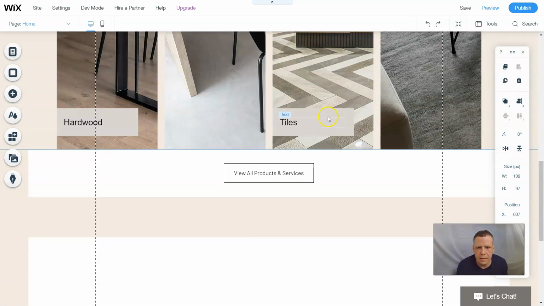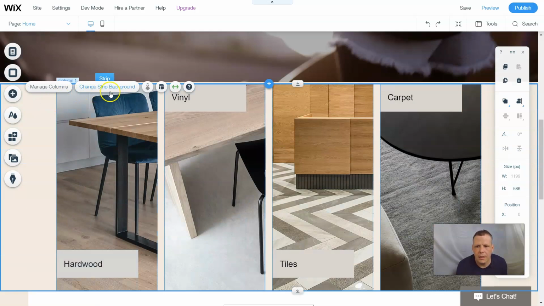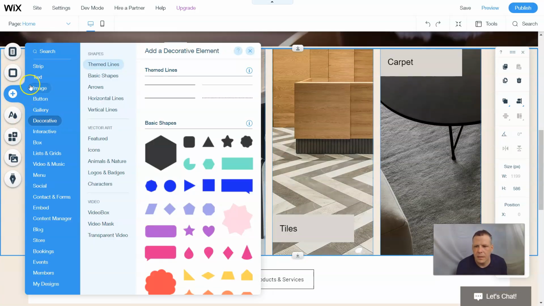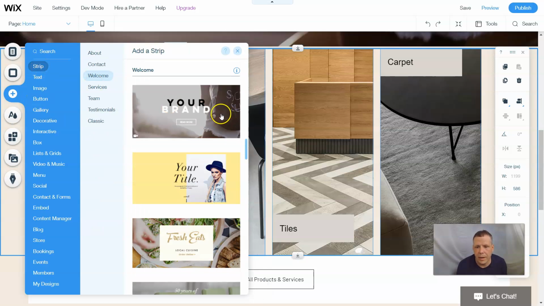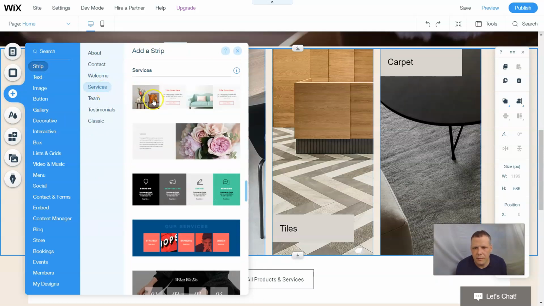Now, this is actually a strip too. This is the, I want to say services, but let's go over to add again. And we will go to strips. So this is just the floor. This is a brand, right, that we have. We can go to services. This is, it looks like furniture,